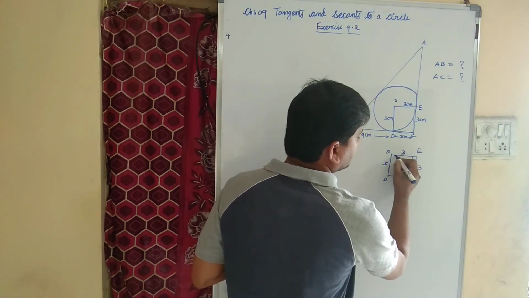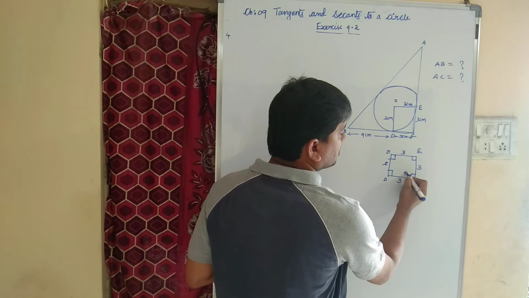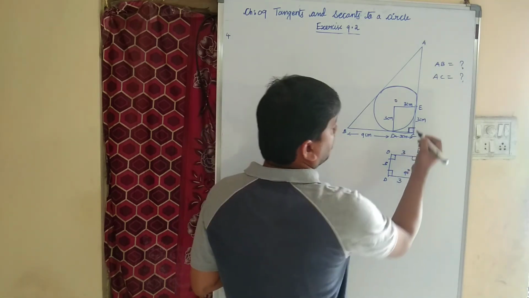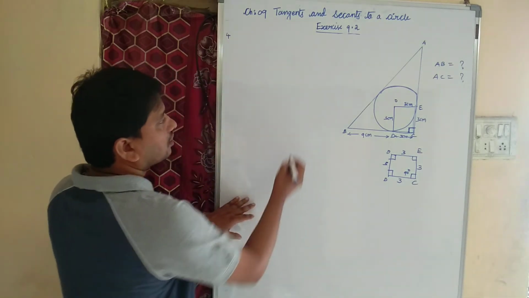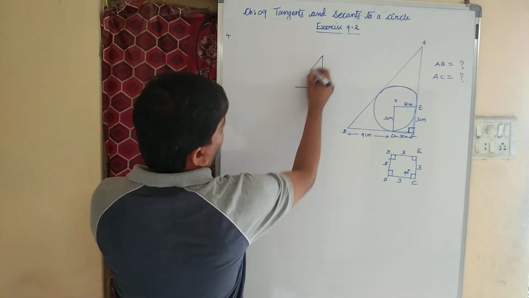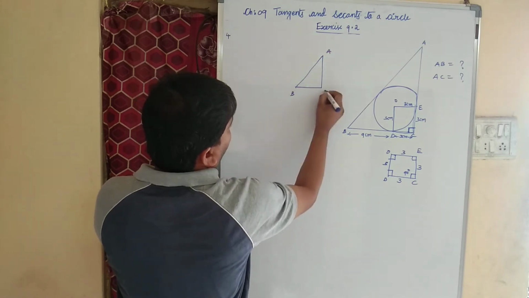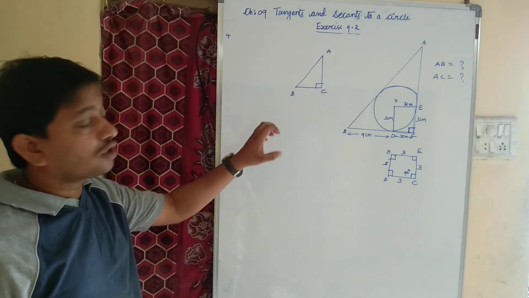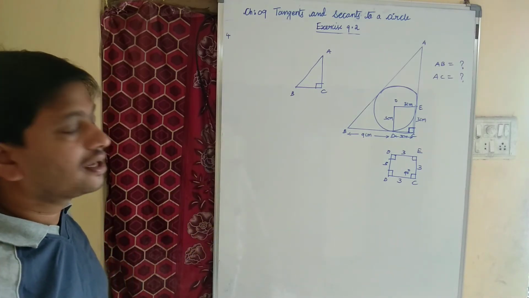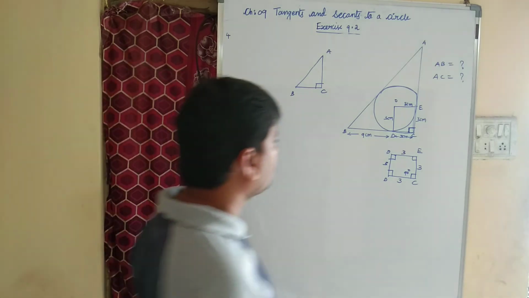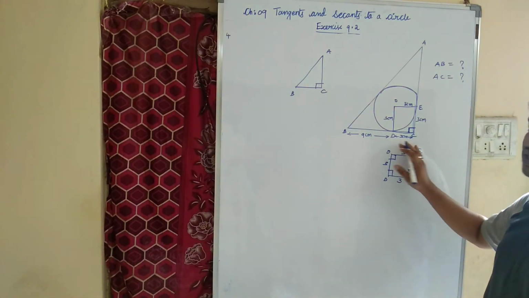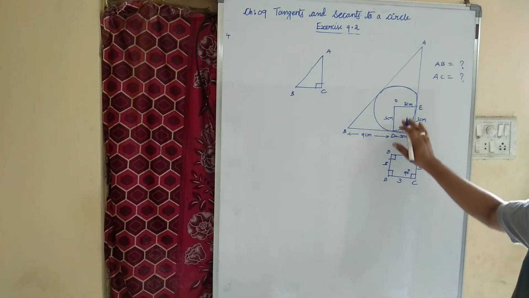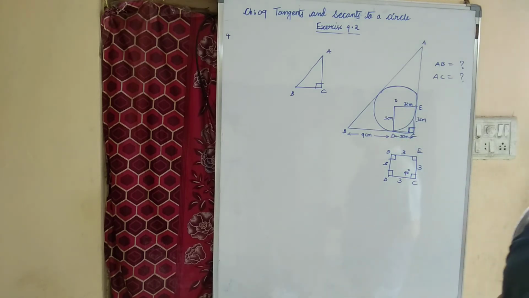In a square, each and every angle is how many degrees? In a square, each and every angle is 90 degrees. Hence, what is angle C, children? Angle C is 90 degrees. So children, from this we can say that ABC is a right angle triangle, with the right angle at C. That is one conclusion we have come to. Is my point clear? Because it is given the length of CD is 3 cm, obviously CE is also 3 cm. Radius is given 3. All four sides are equal, hence it is a square. In a square, each and every angle is 90 degrees.